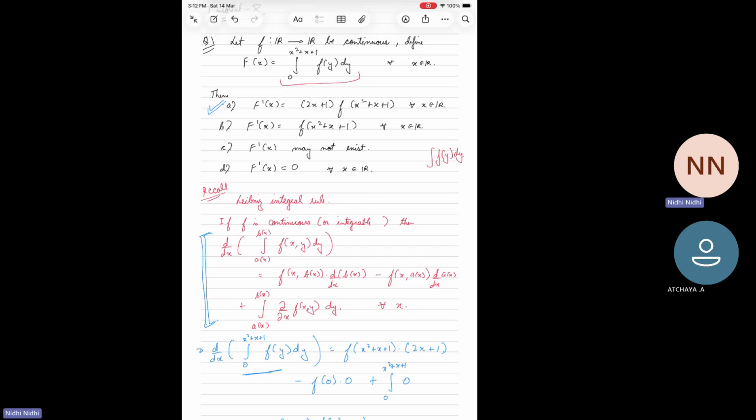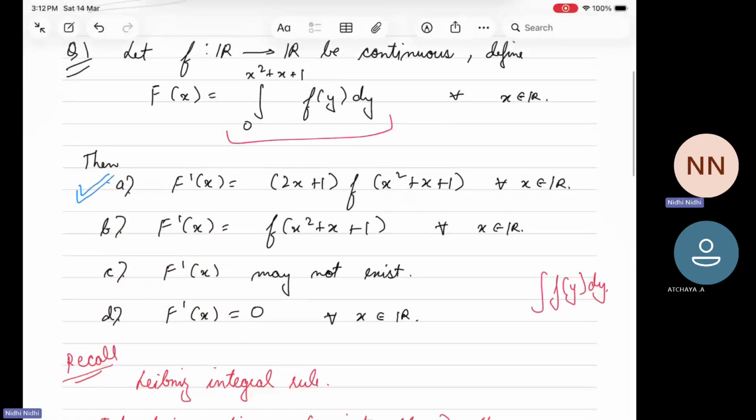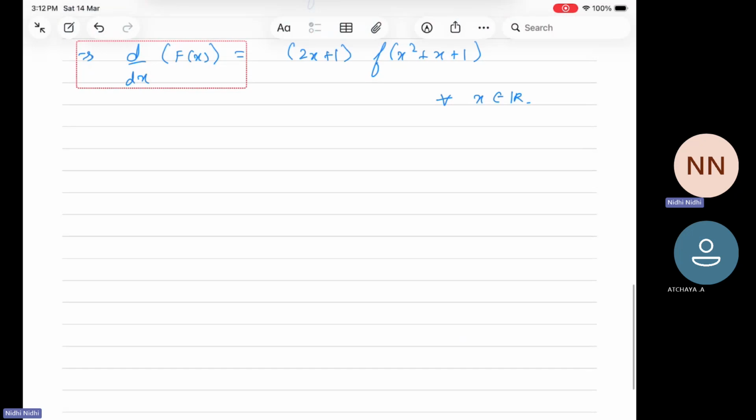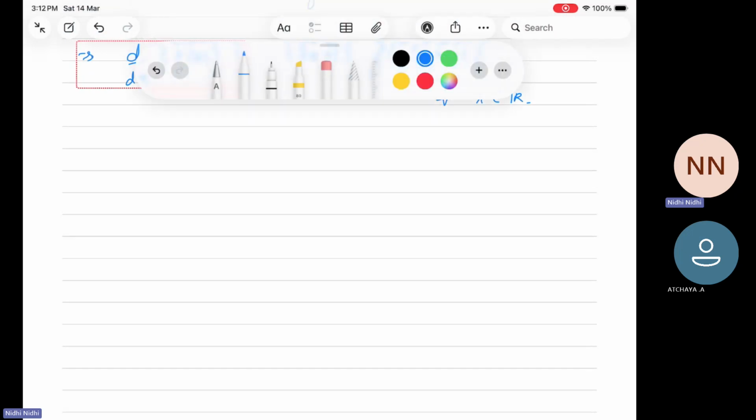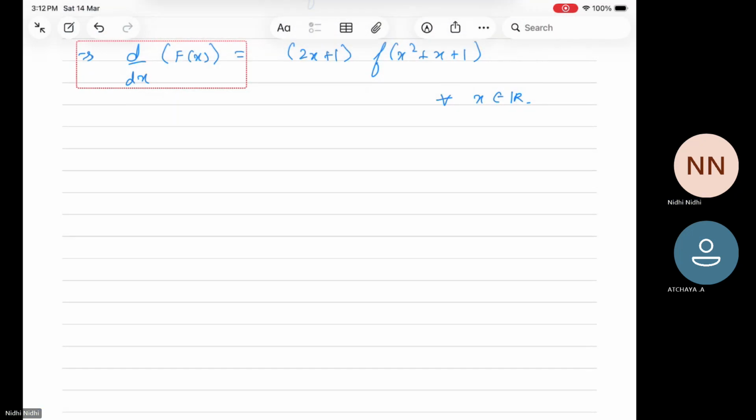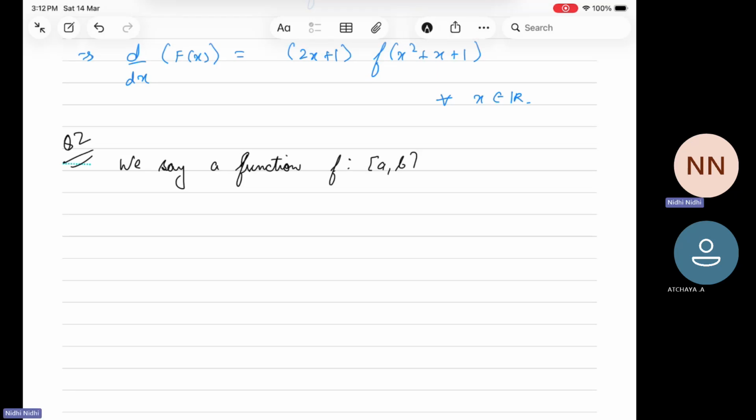Okay, so if there is no doubt, we'll move to the next question, which is related to functions of bounded variation. So, question number 2. We say a function f defined from the closed interval [a, b] to R has bounded variation